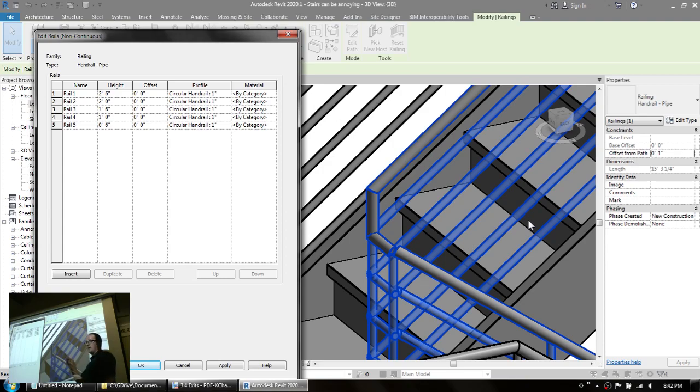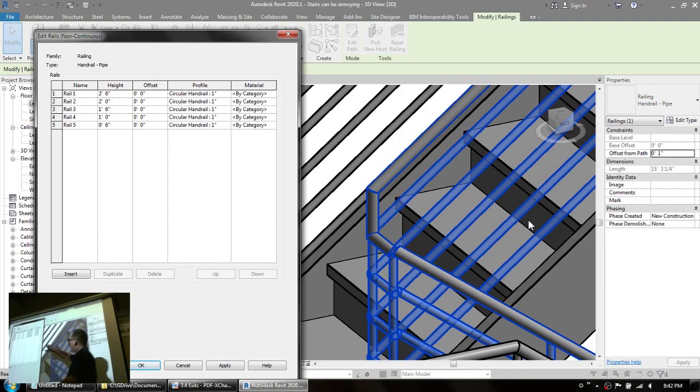As long as the difference in height between the top of the railing and down below is not more than 13'4". So if it's less than that, your toddler will survive. It's good news. We can now have horizontal guards in our railings. Now, if you want to do something like a stainless steel cable, let's look at how we make that happen